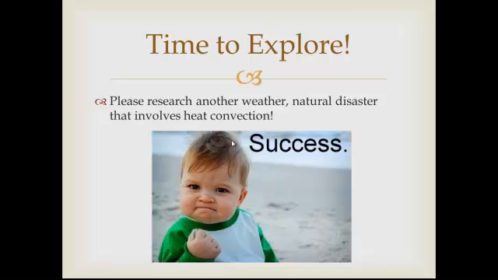And of course, there are other natural weather disasters that involve the convection of heat, such as, for instance, when convection patterns happen near a body of water and spiral very quickly, a tsunami or a hurricane can occur. I invite you to please research into another weather natural disaster that involves heat convection, and we can discuss it